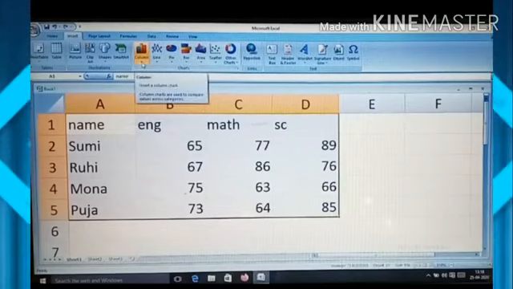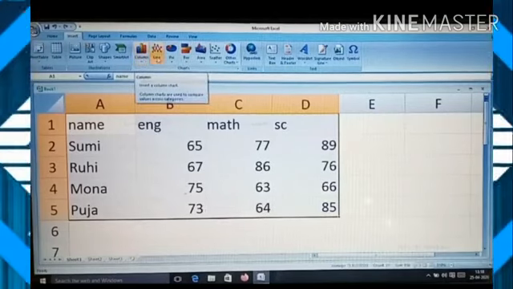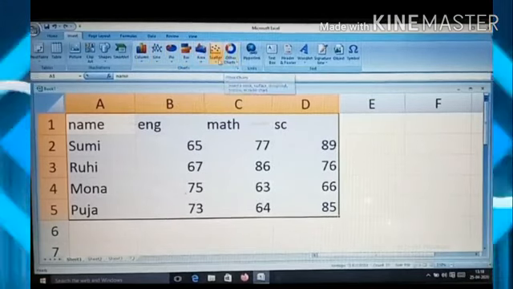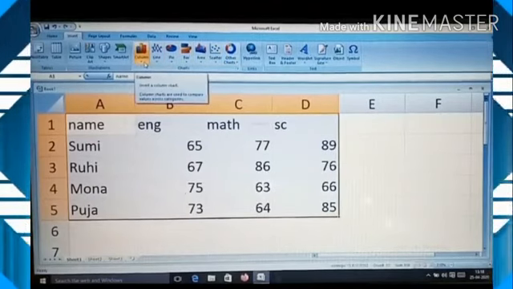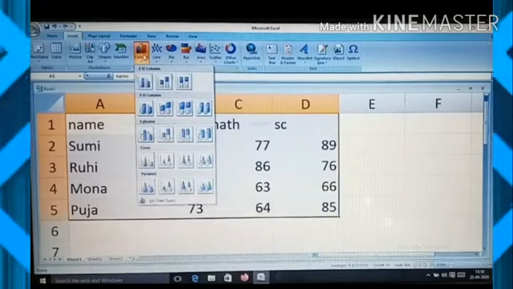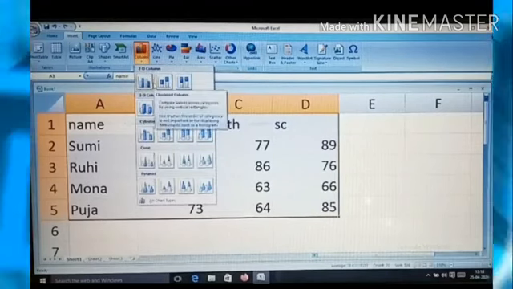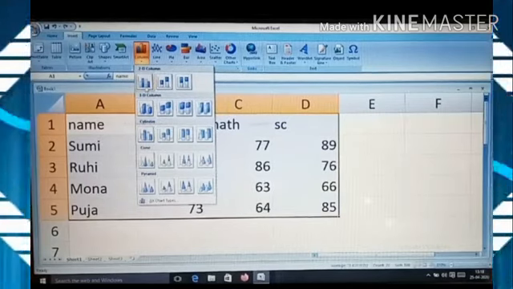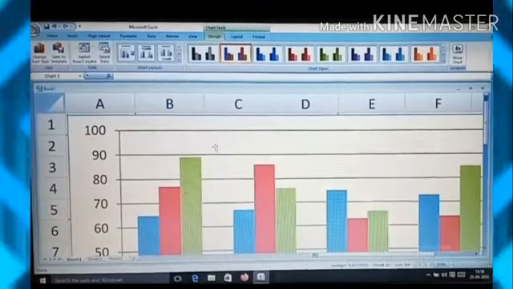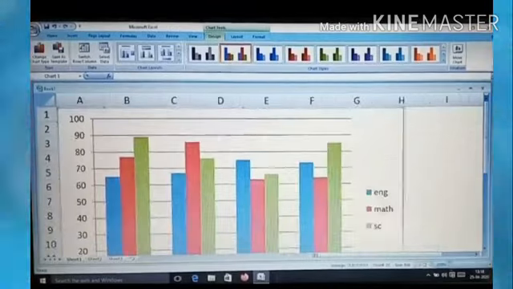has been given there. Okay, and different types of charts like column, line, pie, bar, area, scatter and other charts. These are the different charts. Let's go for the first one, column chart. Inside the column chart, I can again choose a subchart option. I choose the first one. After that, you can see I have already created one chart.